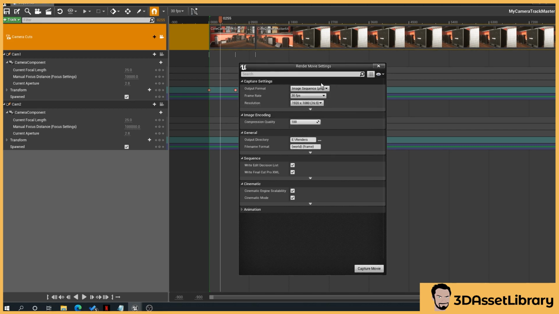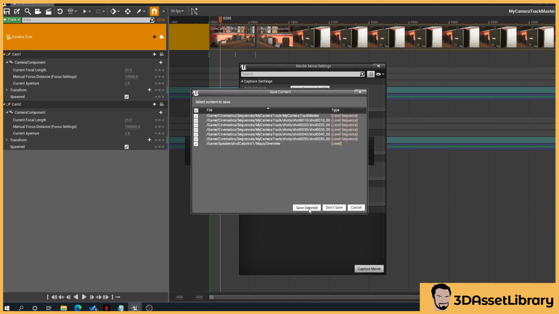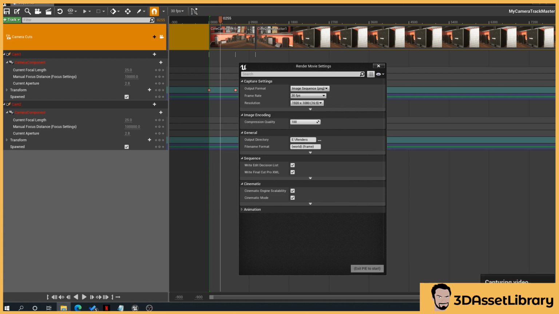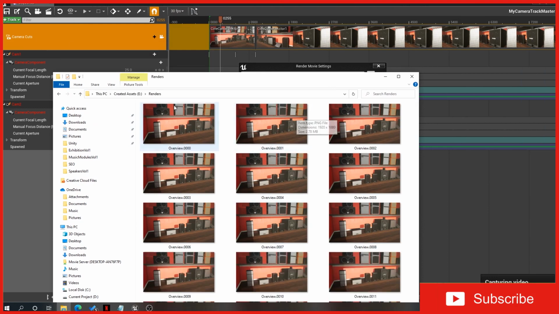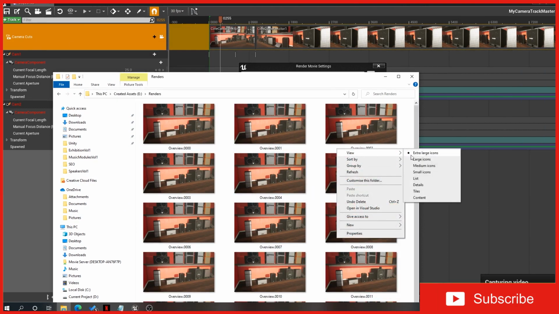So drop down. I generally always use images, I'll just use PNG for this, and then obviously I've set my output directory. Yeah, my quality is as I want it, cinematic. So then capture movie. This will ask you to save selected. Now, if I go to my render folder, you can see here, off it goes. So you can see it's incredibly quick